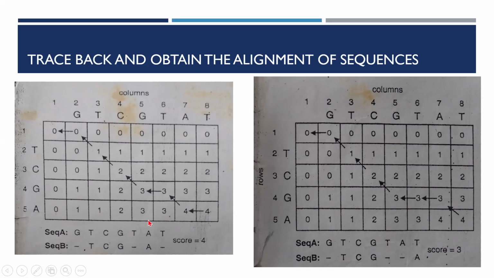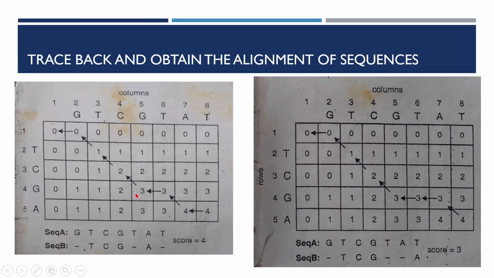So that is how, by using the dynamic programming method for the two sequences under consideration, you can fill a matrix with alignment scores. And after filling the scores in all the cells, you can apply the traceback method.